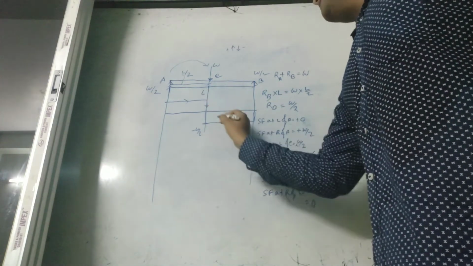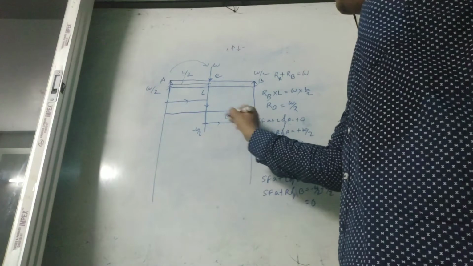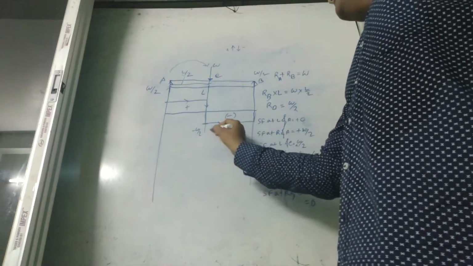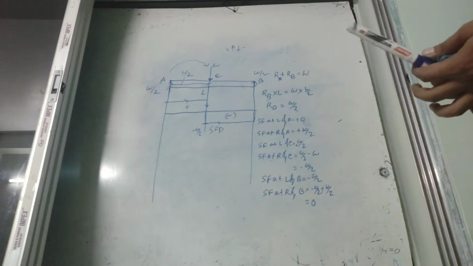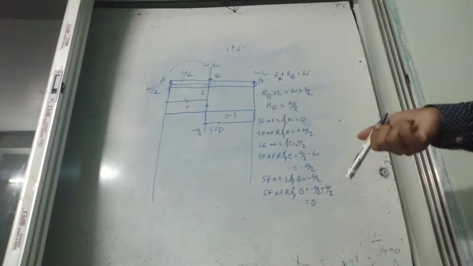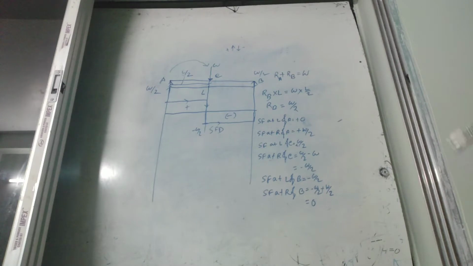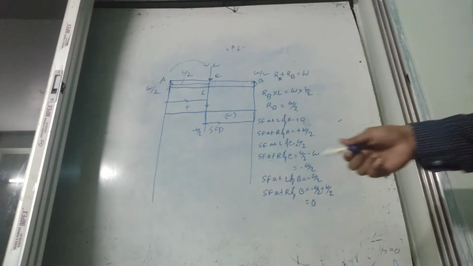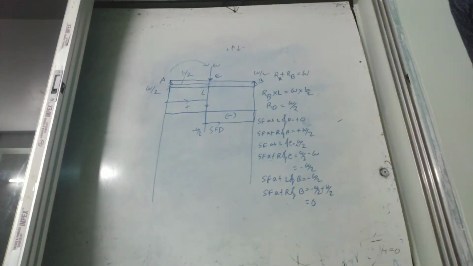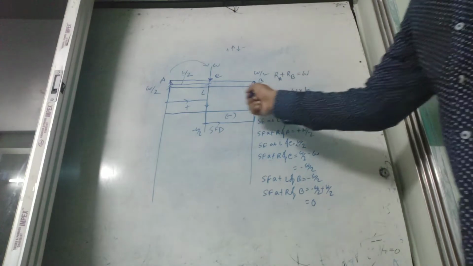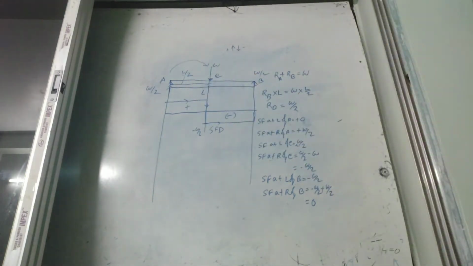So how will the shear force come? This is the negative sign, this is the positive. This is our shear force diagram, SFD. And now how will we calculate the bending moment? I told you that moment is nothing but force into perpendicular distance. So here only one point, C, matters, because in the case of a simply supported beam, the bending moment at both supports is always 0.